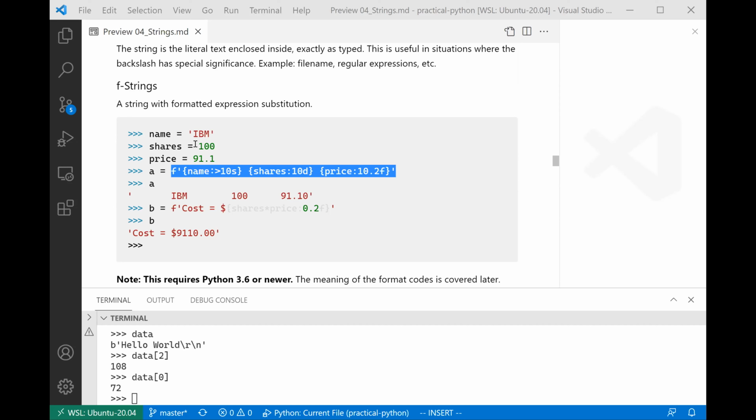So what I can do is I can have some variables like IBM, 191.1 as a share, or a stock, a share, and a price. And every time I see a curly bracket, that value gets evaluated. The name of the expression goes before the colon, and everything after the colon is called a